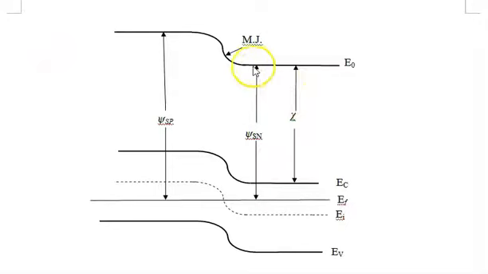So if the band bending is greater in the p-n junction than it is for the Schottky barrier, it's going to take a little bit more forward voltage to turn this thing on, to get large forward currents. For example, in a PN junction, we're talking about 0.5, maybe 0.6 volts to turn on, whereas the Schottky barrier may be 0.2 or 0.3 volts. However, when we go to reverse bias, we're going to be able to make both of these depletion regions much bigger and the barrier much greater. So we'll be able to get much smaller reverse currents than we can achieve in a Schottky barrier.